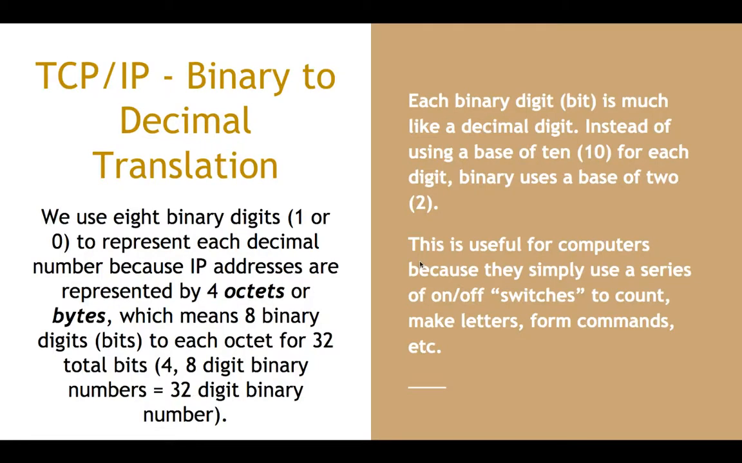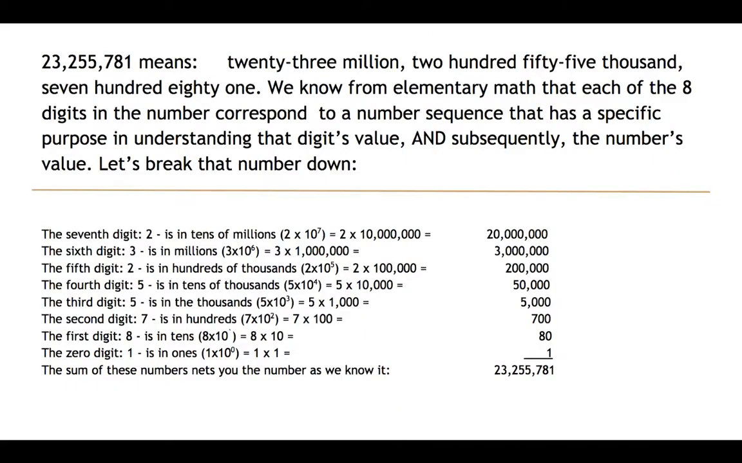Each binary digit or bit is much like a decimal digit. Instead of using a base of 10 for each digit, binary uses a base of 2. This is useful for computers because they simply use a series of on-off switches to count, make letters, form commands, etc. All right,